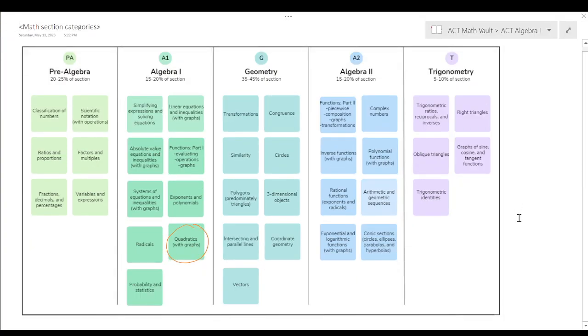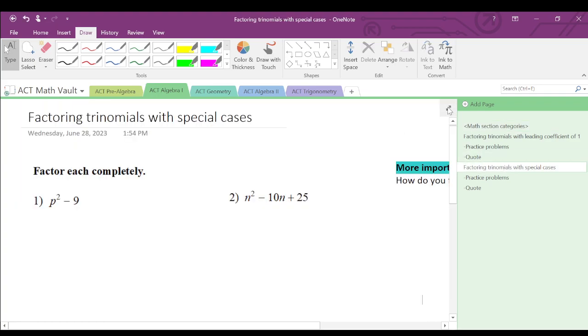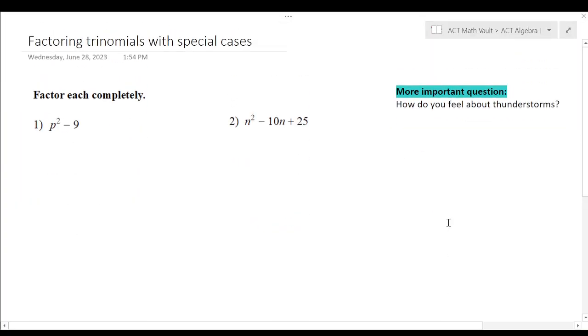Okay, so this concept, factoring, falls under quadratics. Quadratics is technically anything with an x squared or variable squared. Quadratics is typically Algebra I, usually reinforced in Algebra II. Are quadratics on the ACT? Yes, they are. Under the standards for the ACT, I noticed that they included some special cases, and I have seen these on there before. These two special cases,